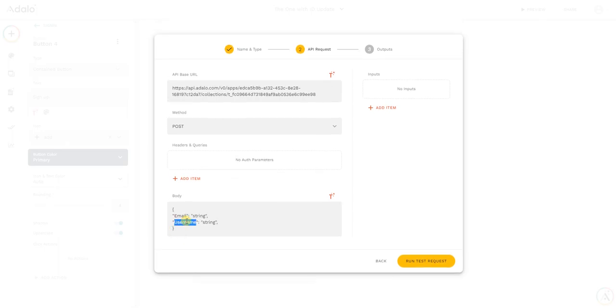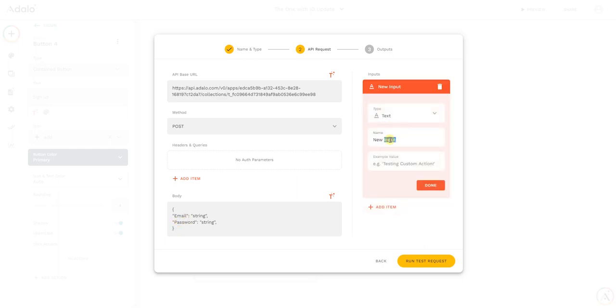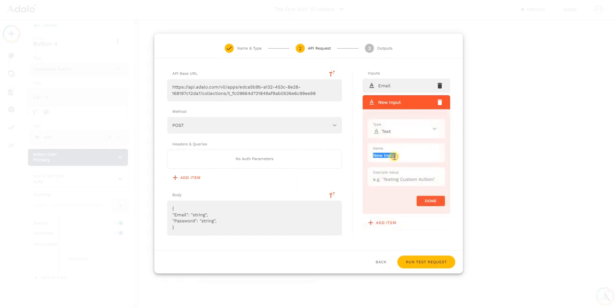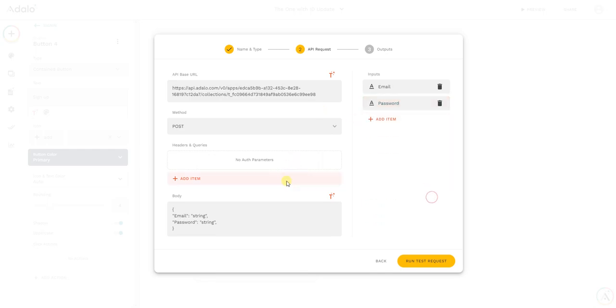But we do need the password, so we're going to add the password here. Then, for email and password, we're going to add the inputs on this side. Email: let's do a test. I probably already have this user created, so it's going to be test 1. Then add another one for the password. Let's just do 1, 2, 3 for now. Done. And then here we're going to add the email,